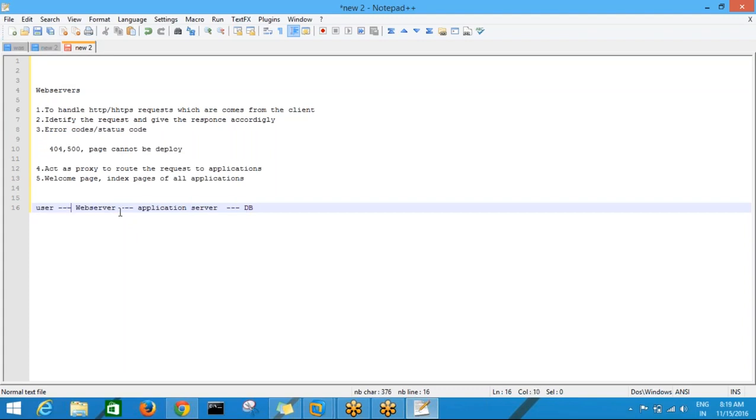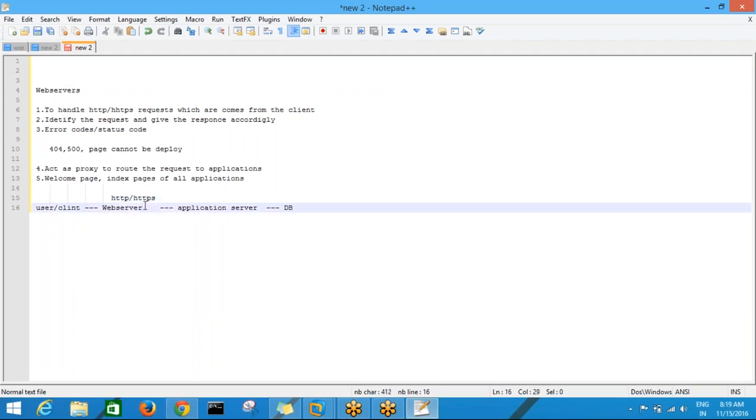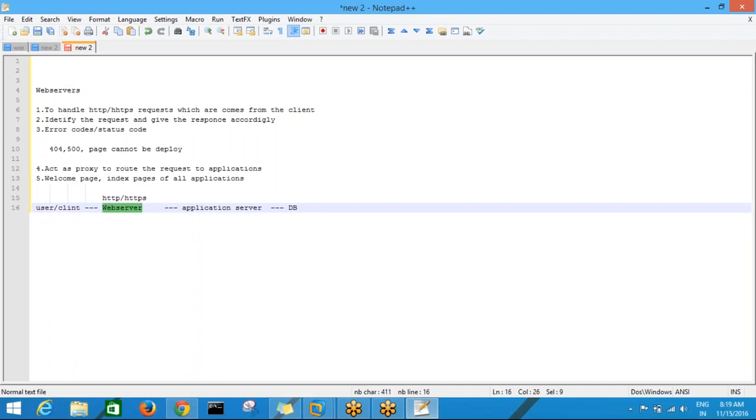So here the user or client is trying to access one application on the internet. The request comes to the HTTP web server through HTTP or HTTPS. After that, the web server identifies if it is static or dynamic. If it is a static page, the web server itself processes the request and gives the response to the client. Some dynamic requests it can also handle, which are saved like